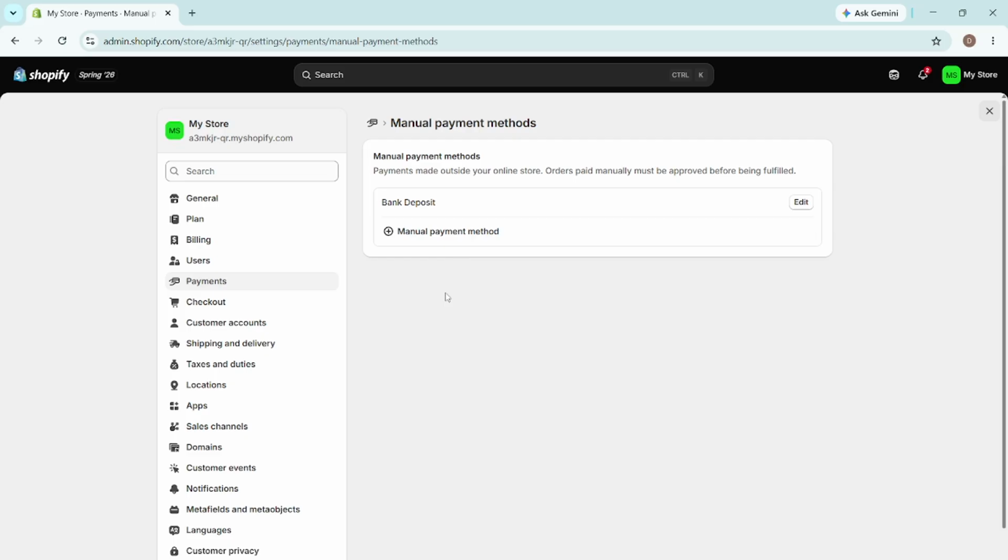And that is all there is to it. That covers everything you need to know to add Wise as a payment method on Shopify, from opening payments and settings